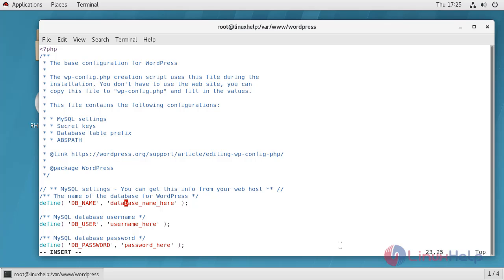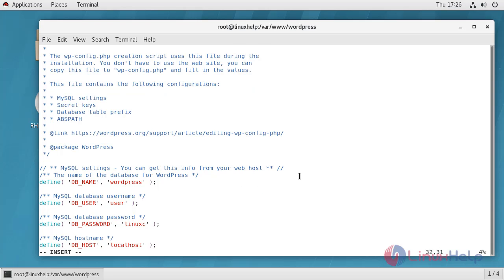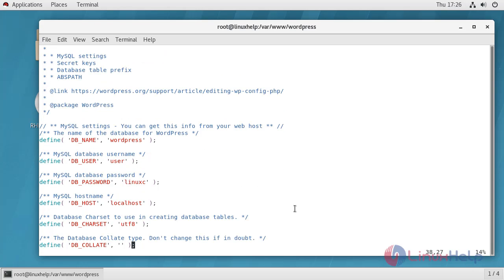Here provide database details. DB name WordPress. After the configuration, save and quit this file.